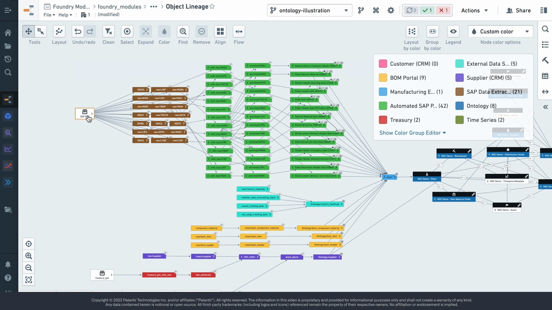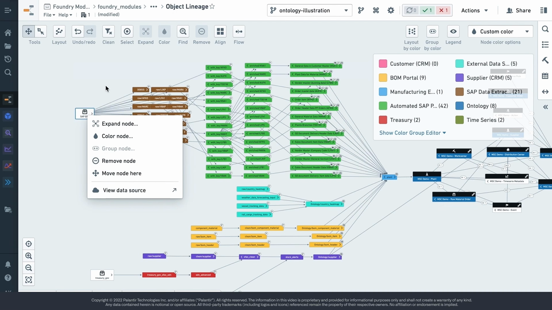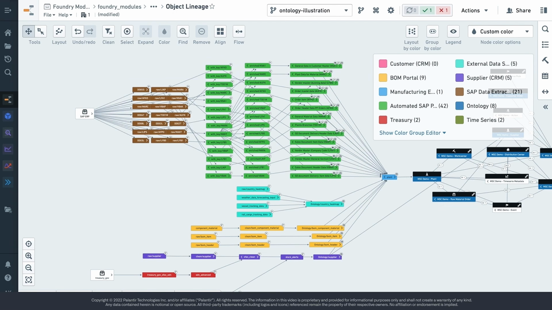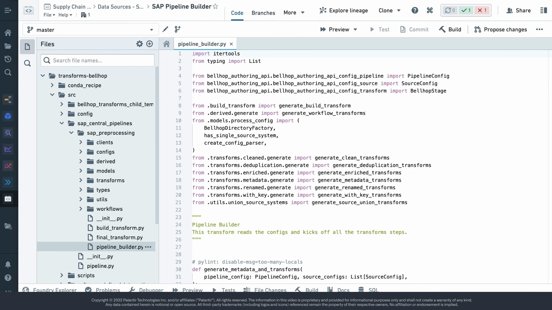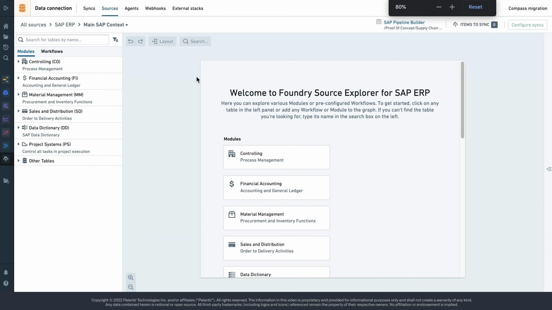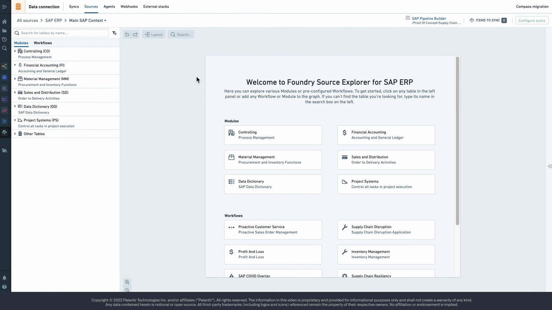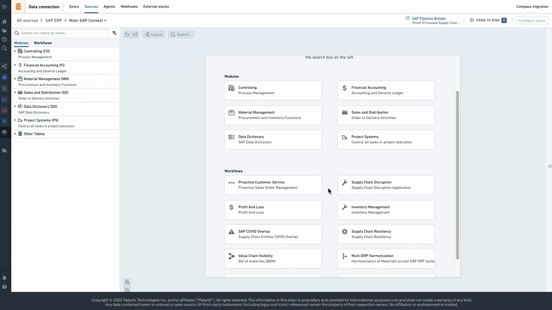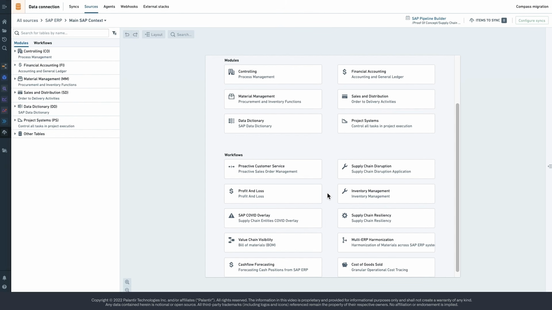So what I'm going to do is open up the data source for this SAP instance we're connected to internally, and take a look at how this looks. This is an SAP Explorer that we have as a rich connection interface. You'll see it showing me all the modules in my ERP estate, like my MM, my data dictionaries, and it's even pre-populating some workflows I might want to do that are common for SAP.